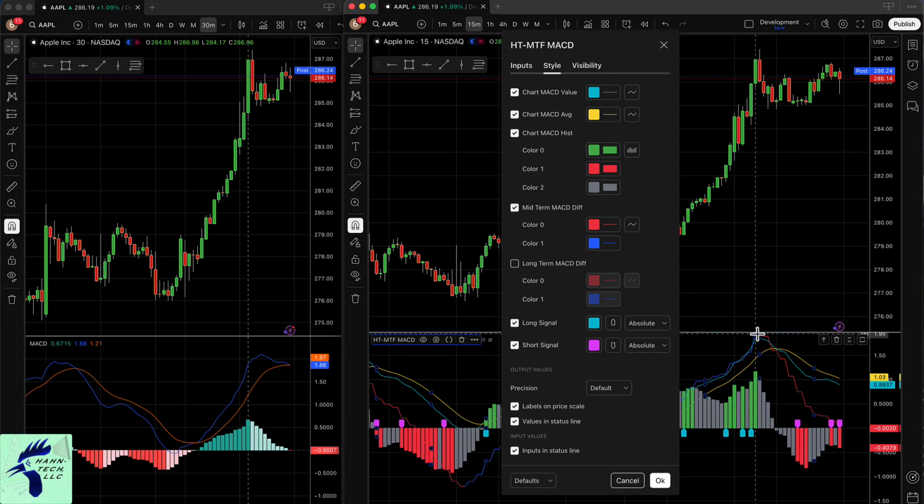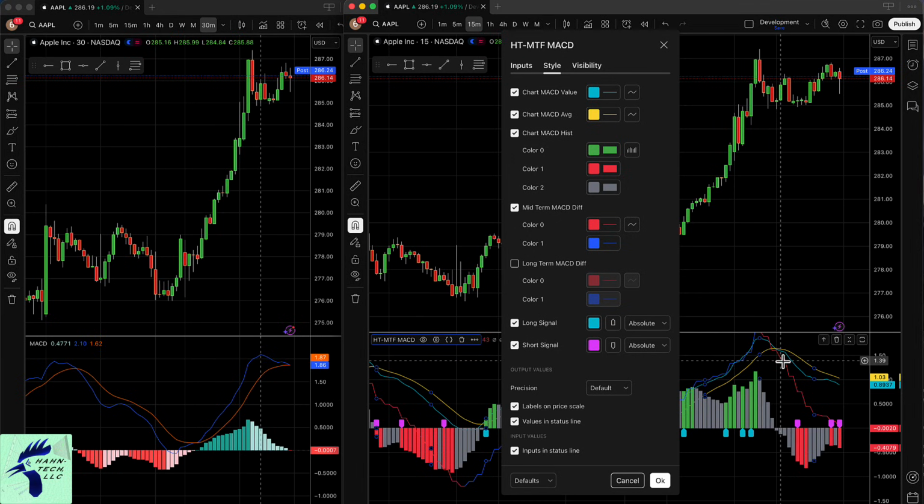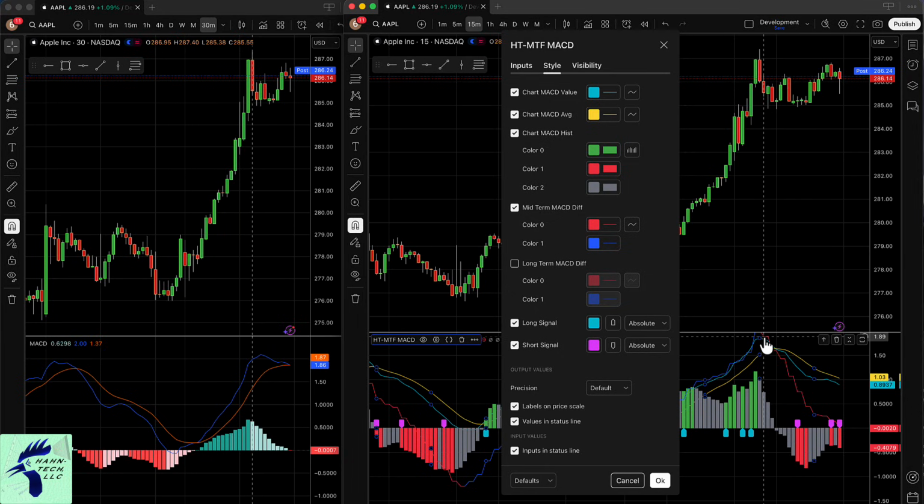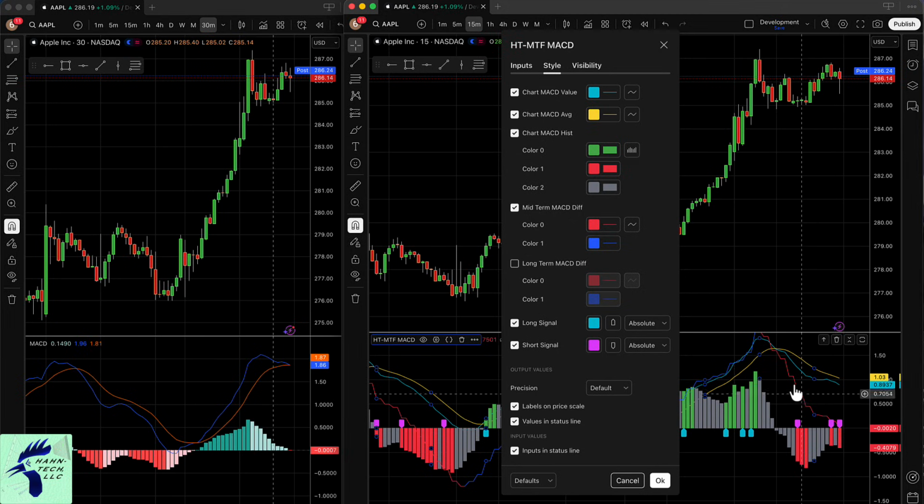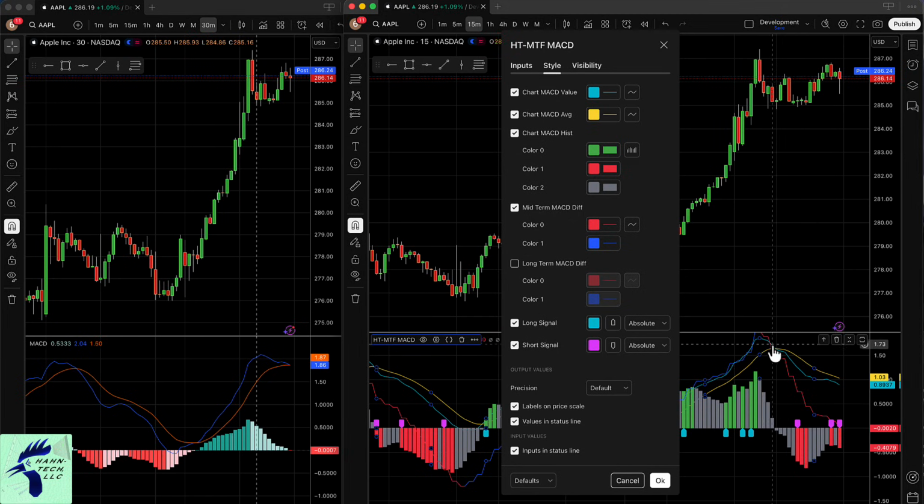So what that did is that turned on this jagged stair-stepped line. That's because it's coming from a higher time frame. And you have the red indicating that that is the declining MACD on that higher time frame. Okay, and you can use the crosshairs on the chart to kind of sync those up and see exactly how